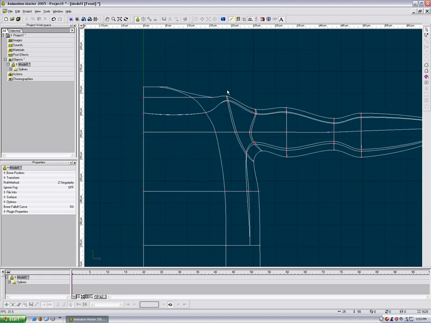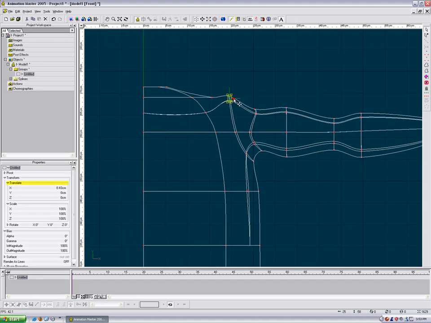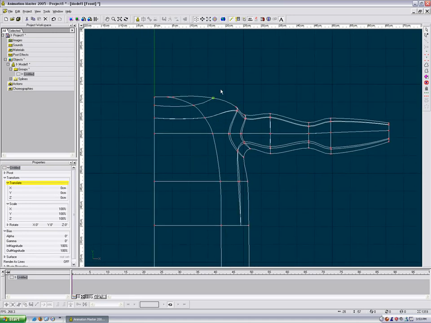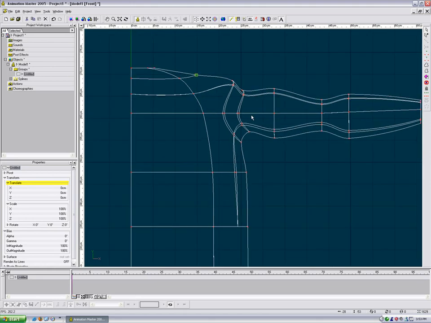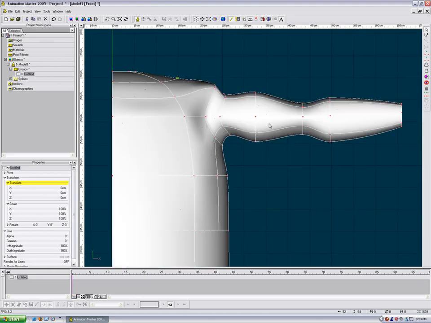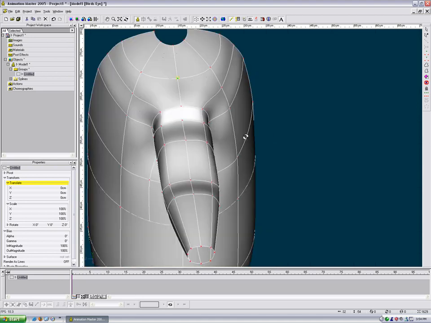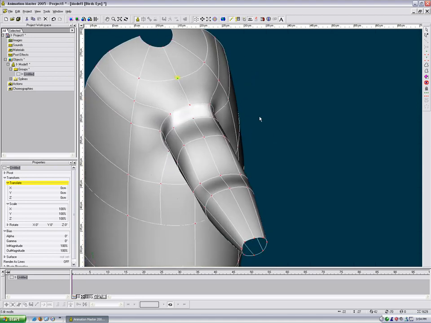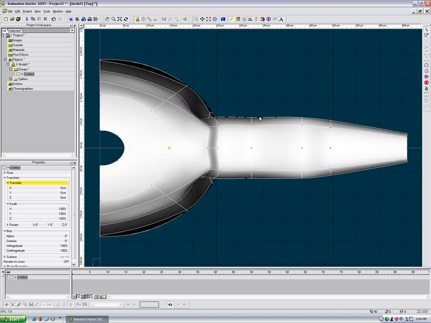So now you can see from the front it's kind of looking more like an arm. Create a shoulder here. Now, like I said, this is very generic, very simple. So we'll have to kind of make do with what we've got. But now if I go into my shaded mode, you can start to look at what your arm looks like. I'm actually going to hit 5 on my numpad, so I go into the